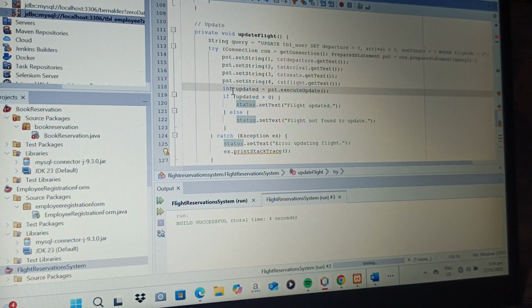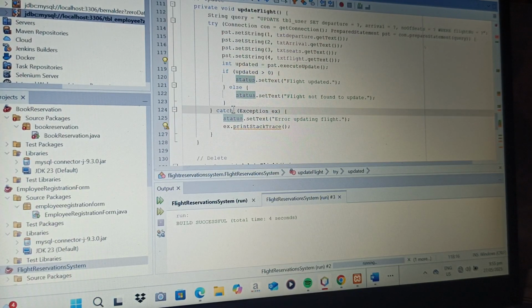As you can see, we have int here. If the update affected any row, show success, otherwise indicate flight not found. And we have here catch, which catches and logs errors.